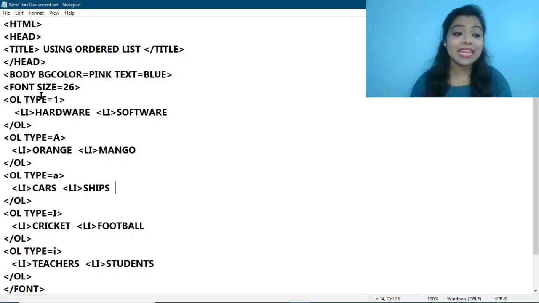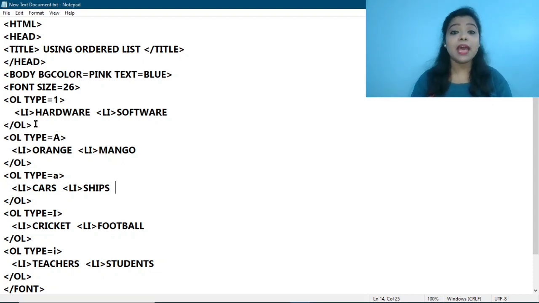Okay, then inside this OL tag, we will use the LI tag to add the list. So for that, we are writing LI, then the content. I have written here hardware. Then separating with space, another point I am adding with the LI tag, LI software. Okay. So these two list items I have added here within the OL tag. Okay. Now I am ending the ordered list or OL tag by using the backslash character.